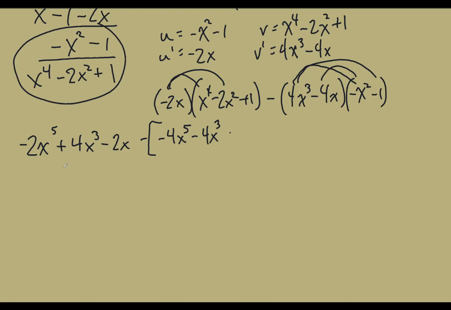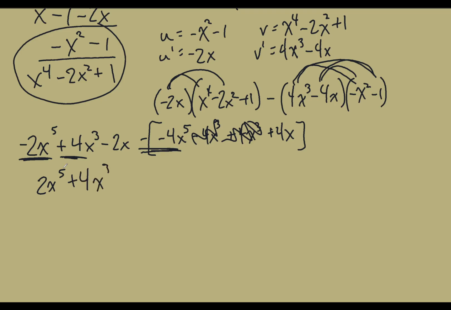That's right. Then we're going to have a plus 4x cubed and a plus 4x. So all of that switches. So let's see, we have a negative 2x to the fifth and a positive 4x to the fifth. So we get 2x to the fifth. And we have a 4x here. These actually canceled. That's kind of weird, but it happens. So it looks like that's 4x cubed. We have no x squared. So here's a minus 2. This one's done. And a minus 4. So that'd be minus 6x